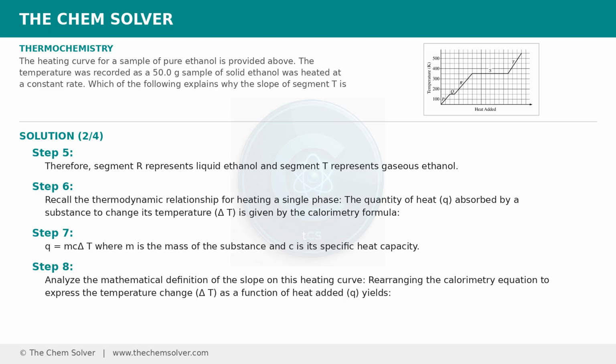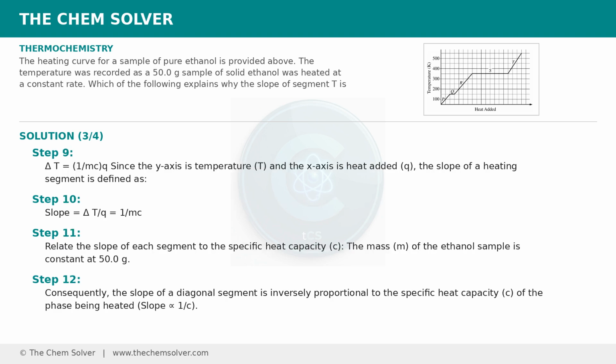Recall the thermodynamic relationship for heating a single phase. The quantity of heat, Q, absorbed by a substance to change its temperature, delta T, is given by the calorimetry formula: Q equals mc delta T, where m is the mass of the substance and c is its specific heat capacity. Analyze the mathematical definition of the slope on this heating curve. Rearranging the calorimetry equation to express the temperature change, delta T, as a function of heat added, Q, yields